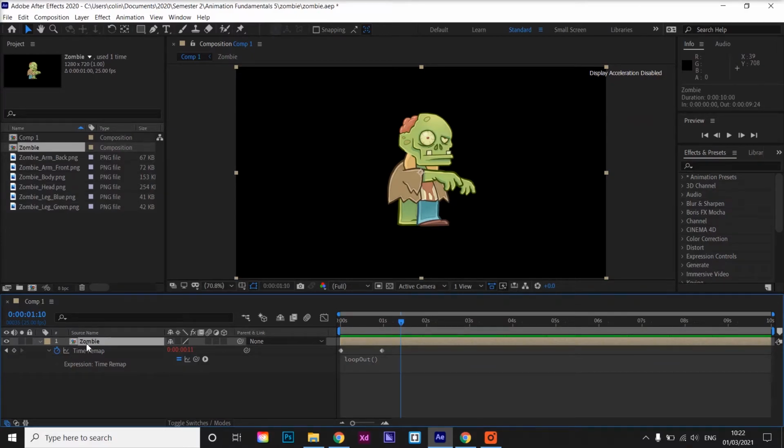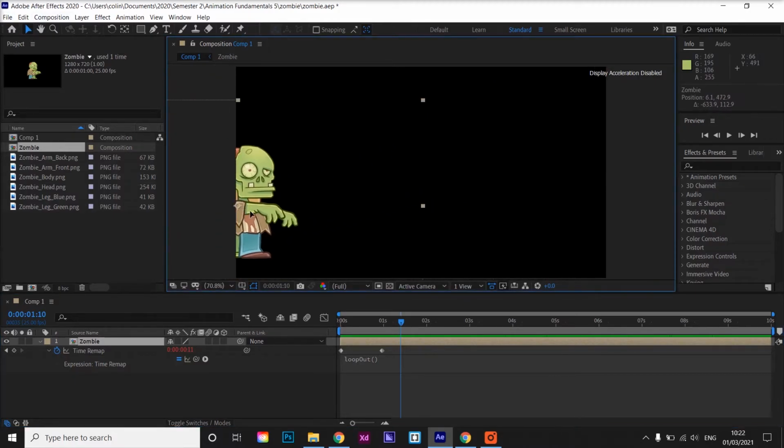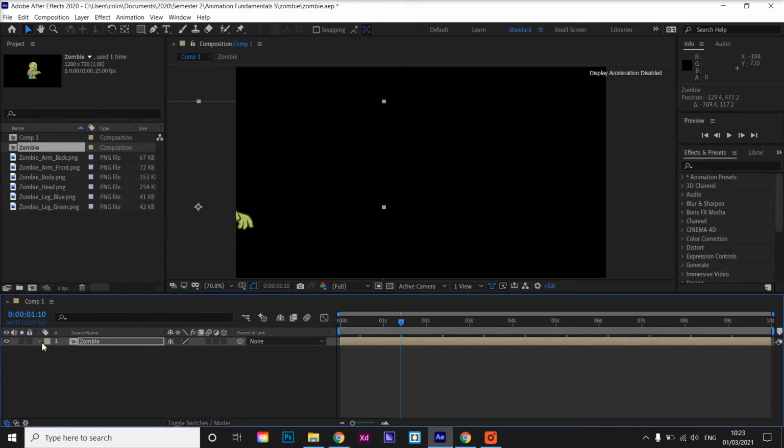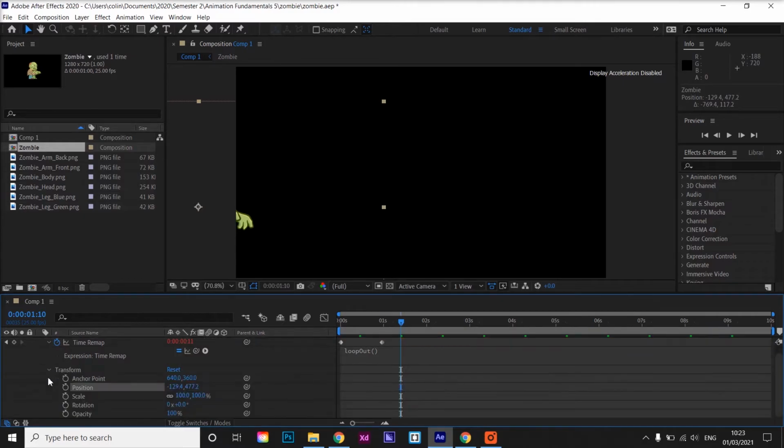Because this is just one layer now, we can actually move this whole object. So let's just drag them over to the side here and just place it so I can just see the hands appearing at the left hand side. Okay, and then I'm going to go into the transform settings for this object, or this layer, and I'm going to move the playhead along to 0 seconds and just hit the stopwatch to add a keyframe for the position